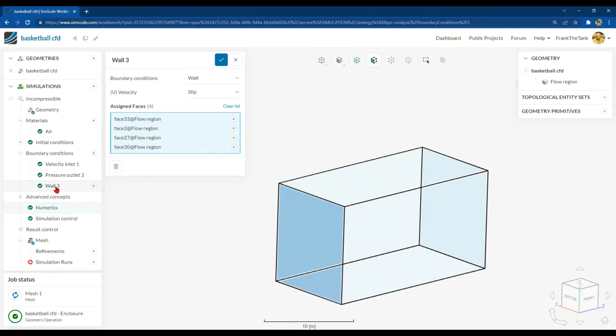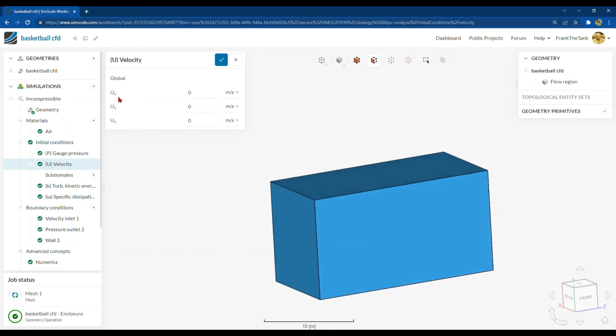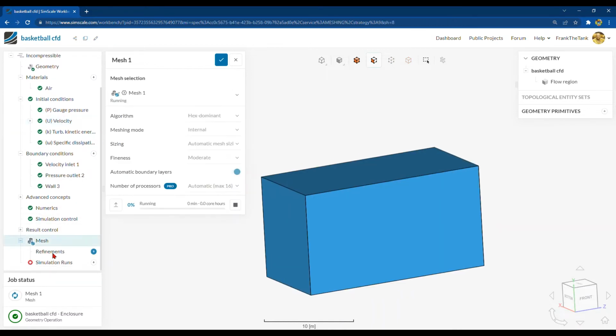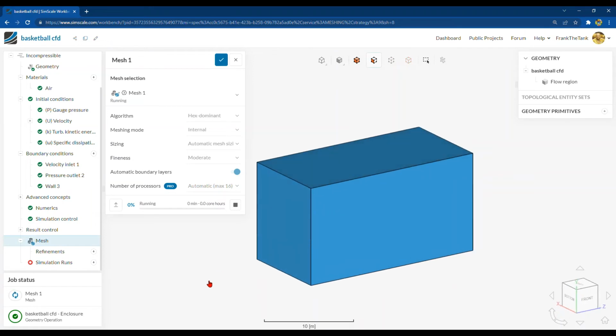And initial conditions are, again, the velocity of the air. So this is where you put in your wind, if you had any wind, right? And then, okay, mesh refinements. I'm not using any mesh refinements right now, but